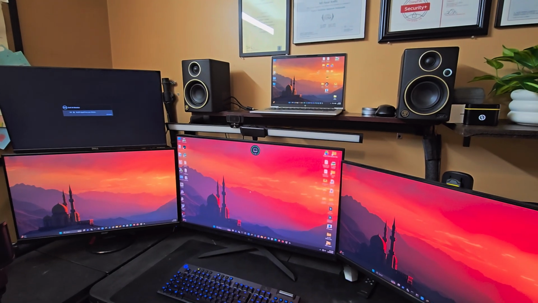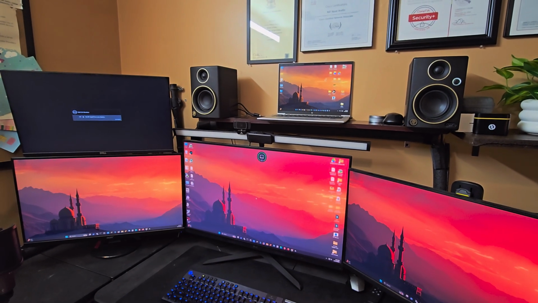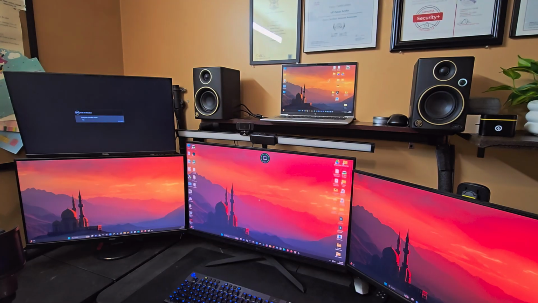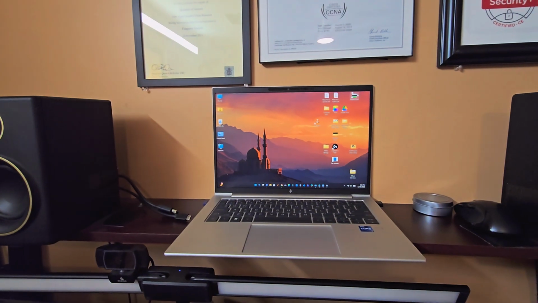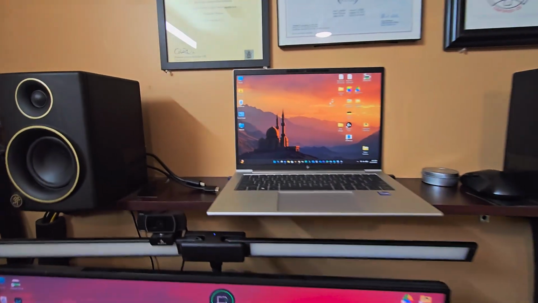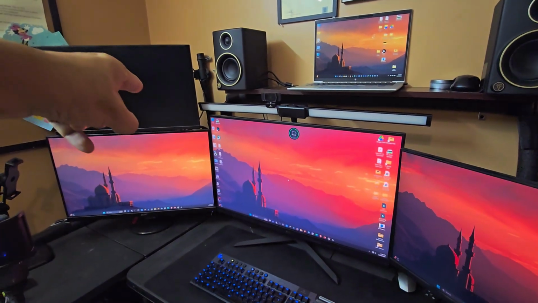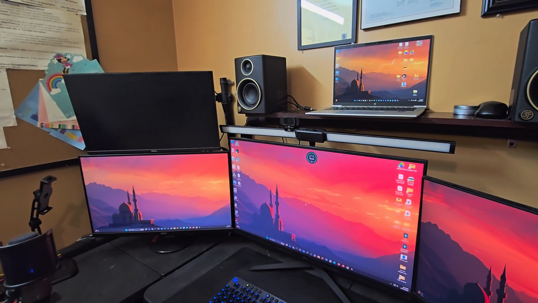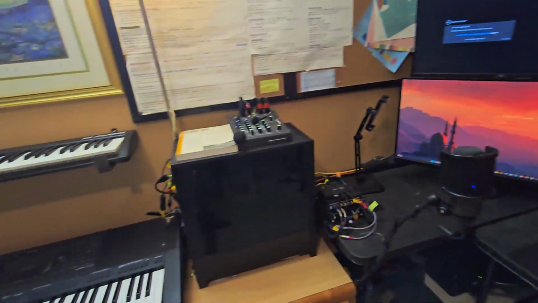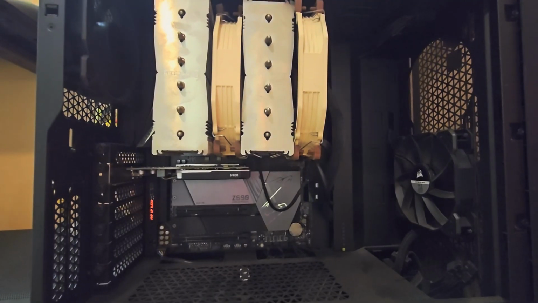In this video, if you see, I have 4 monitors connected, but one of them is not getting signals or streaming. Don't worry about the laptop. The laptop is not connected to anything and running independently. So yeah, the 4th monitor, this one, is not streaming or getting signals from my desktop where I have Gigabyte